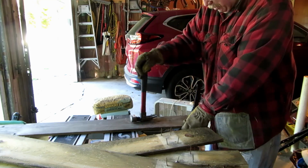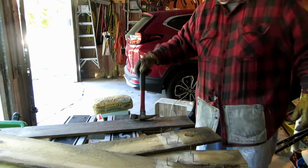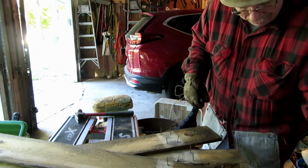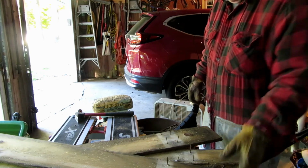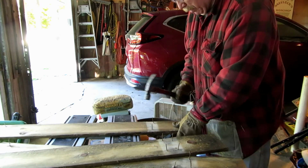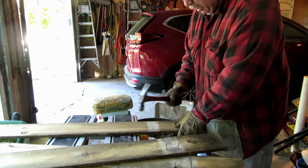Just getting a piece of iron that looks like a piece of iron that you could make a nail out of. In other words, somewhat long and skinny, so you could put a point on one end, head on the other, turn it into something that would hold the board together. That was a bit of work. It took